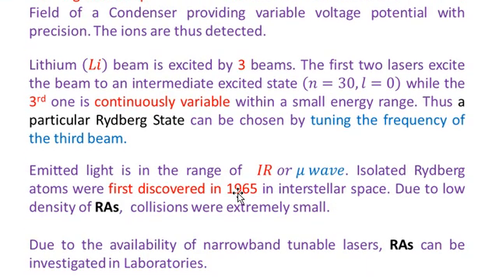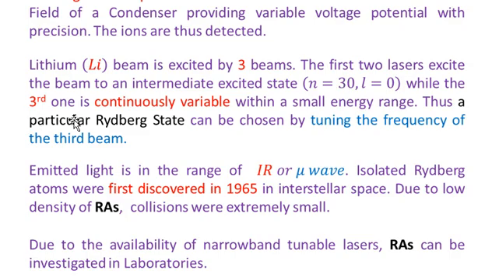In the previous diagram, the atomic beam is produced from lithium atoms. So the lithium beam is excited by three laser beams. The first two lasers excite the beam to an intermediate excited state, for example, say with the principal quantum number 30 and orbital quantum number equal to 0. So you can excite using two lasers. The lithium atom can be excited to this state, n is equal to 30, with L is equal to 0,